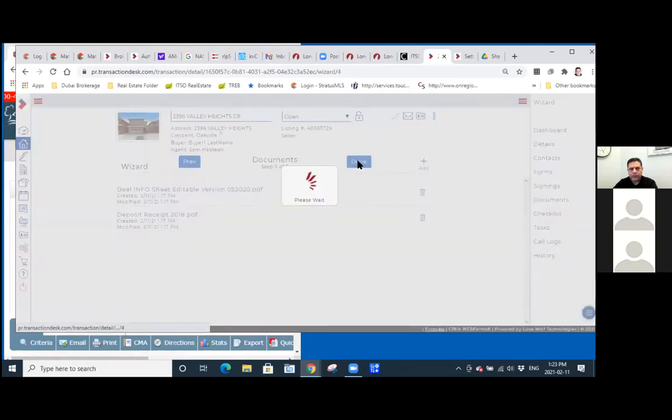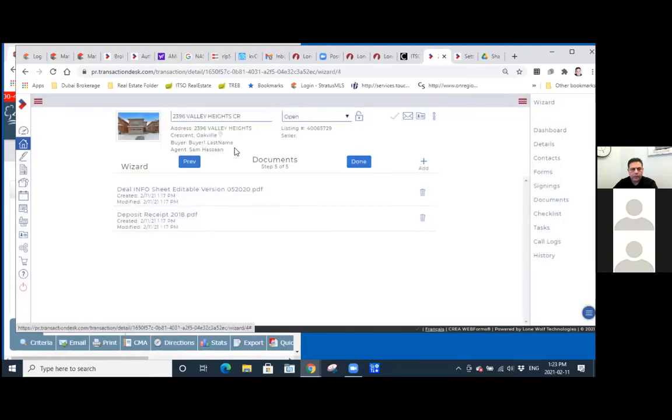And then moving on to the next step, this is where I think somebody asked a question with respect to some of the other documents. Now here, I've included the deal sheet and the deposit receipt. Okay, so every kit has those two files for now. And I'll show you how to add, well, actually I can do this here. If you wanted to add additional documents,